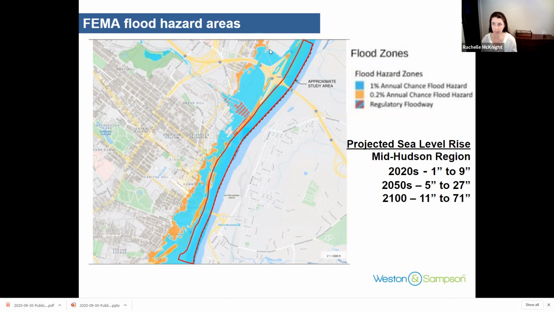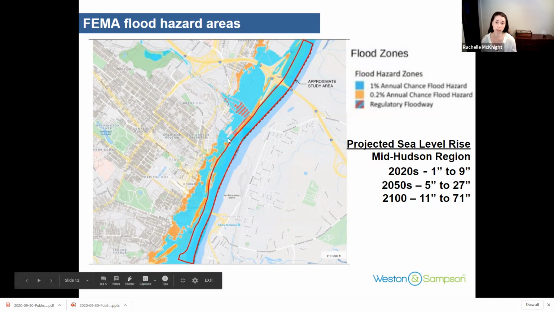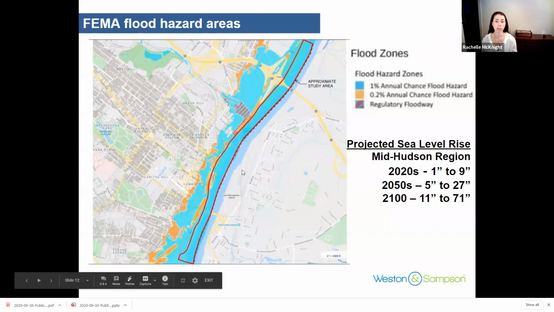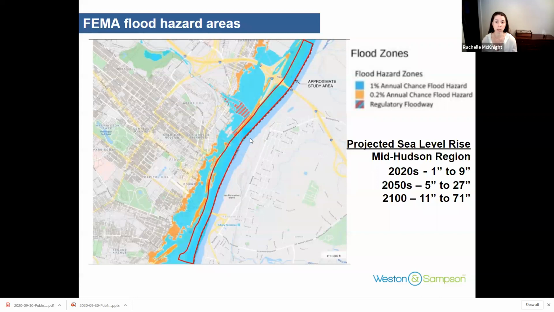You can imagine, even with just a rise of 5 inches, this water is going to push back much more extremely into the city of Albany, because you've got much more water moving across the landscape because the level of the Hudson River is rising. Another point to chime in on here is that the Hudson River is considered a tidal river. It comes in from the ocean, and so even though we're all the way up here in Albany, it is still subject to tidal flows and tidal fluctuations.